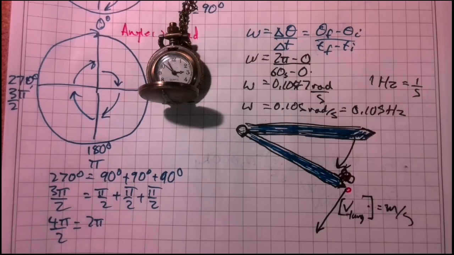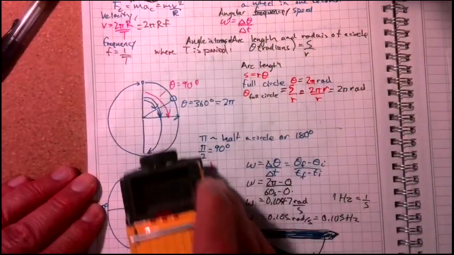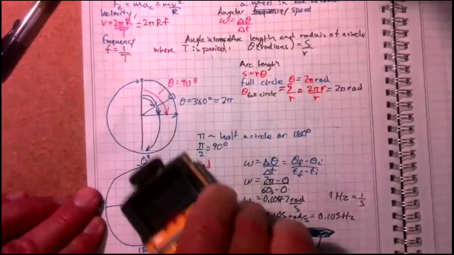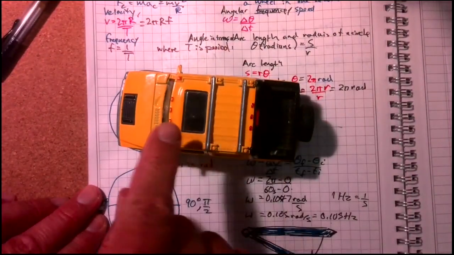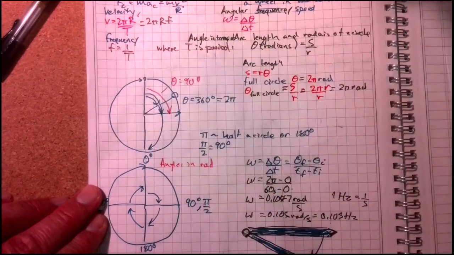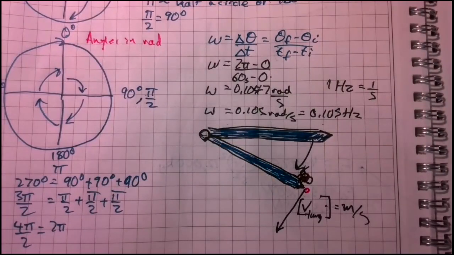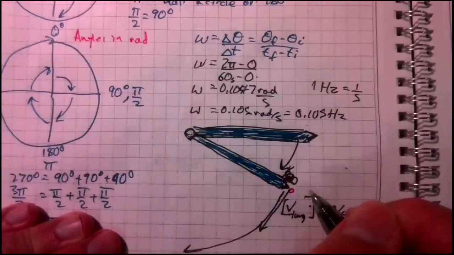how fast would he measure? We can also think about this in terms of a car. If I drive my car in a circle, and you can do this on a racetrack, maybe, it's going to travel a certain distance that I could measure with the odometer. That's basically the distance it traveled around the circle, divided by time, and that's in meters. So if this thing goes all the way around the circle,